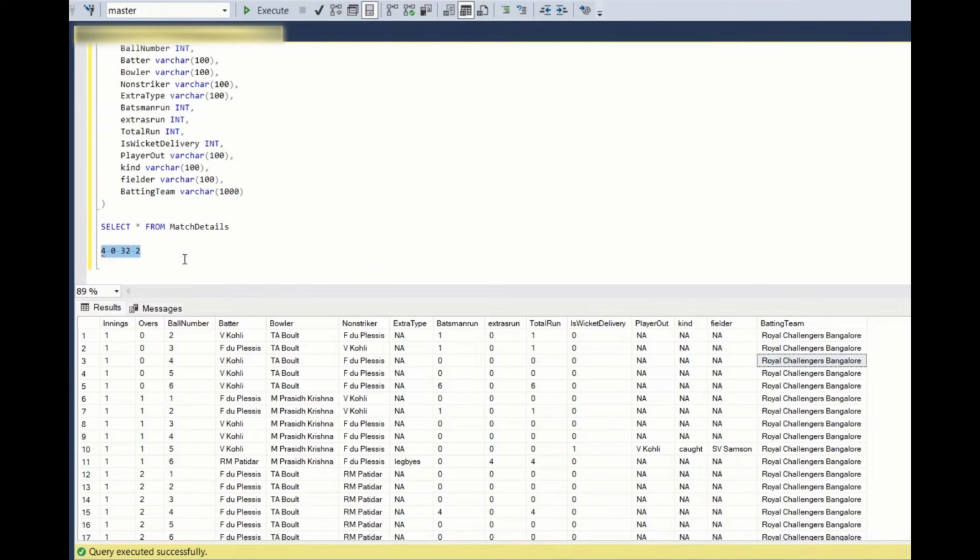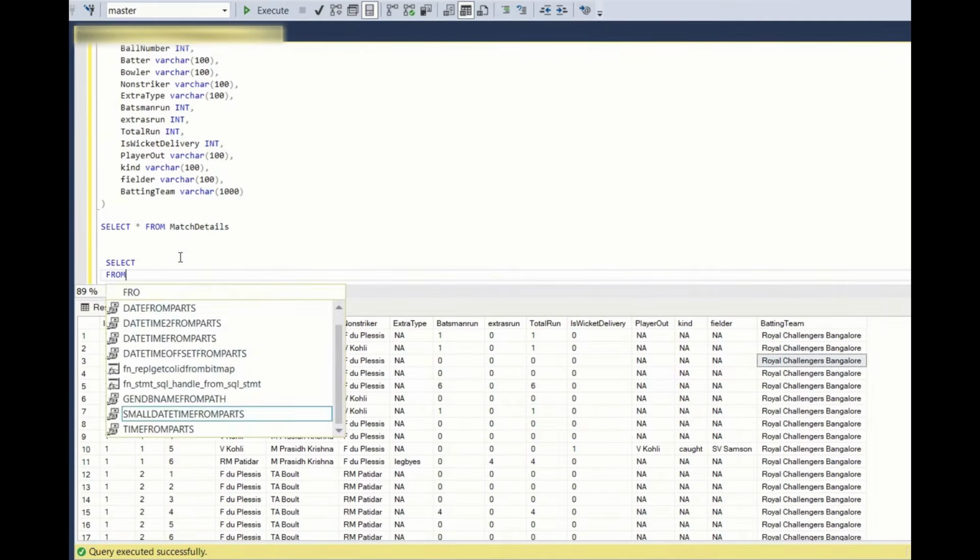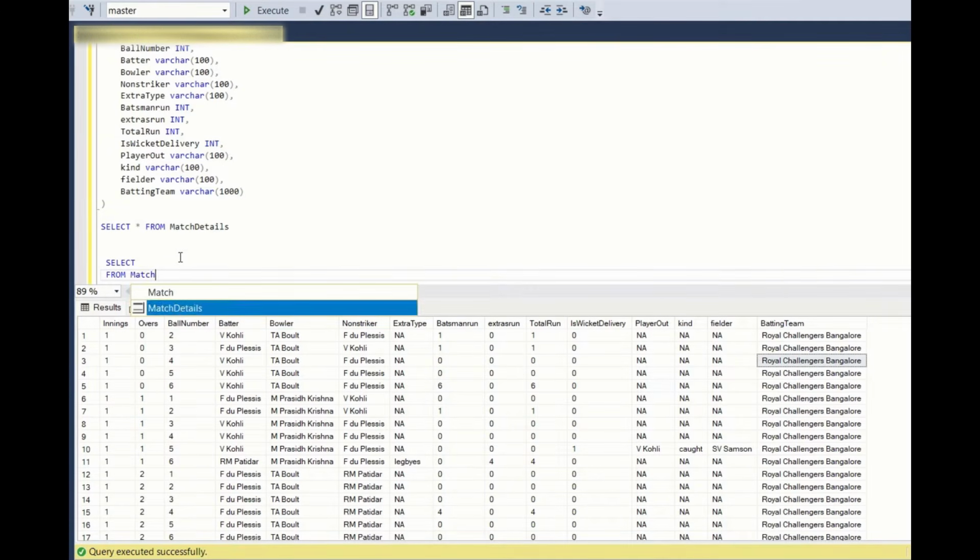So first what we will do is select from match details. Match details is a table where I have this data. I will provide you the data in an Excel format in the description of this video. You can try to import that data into your required table in your SQL server and play with it. So select from match details,